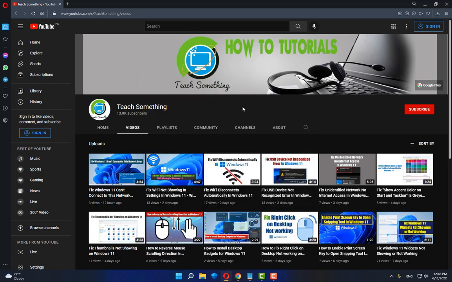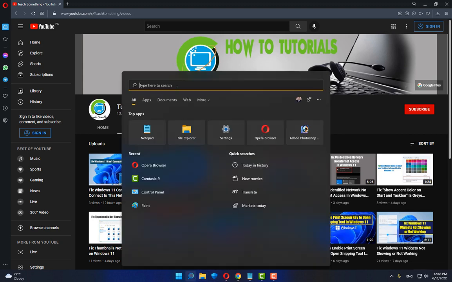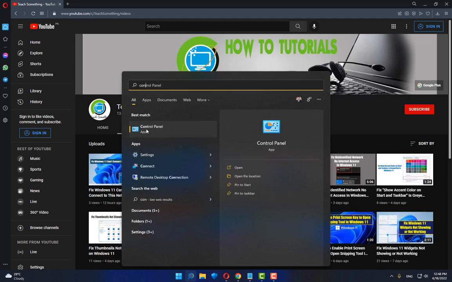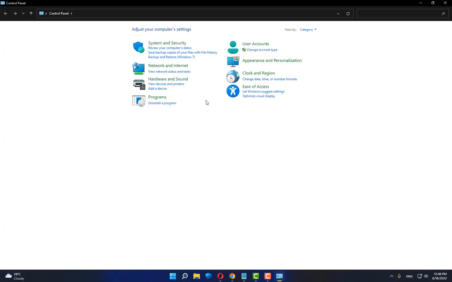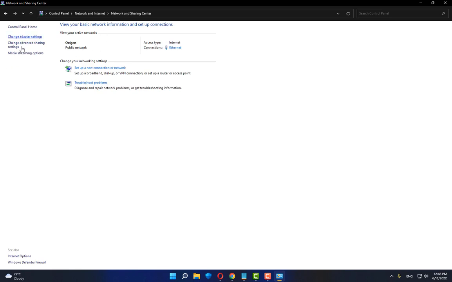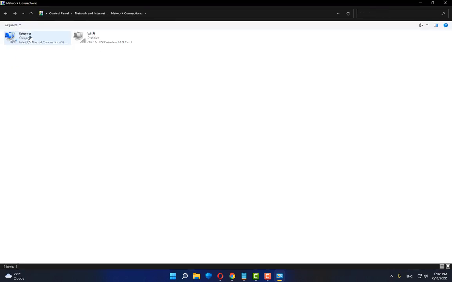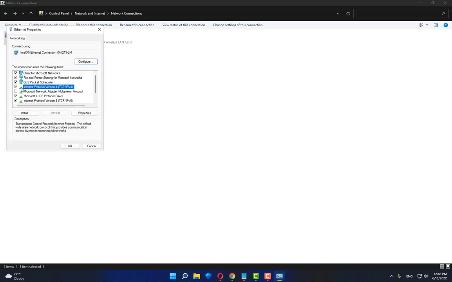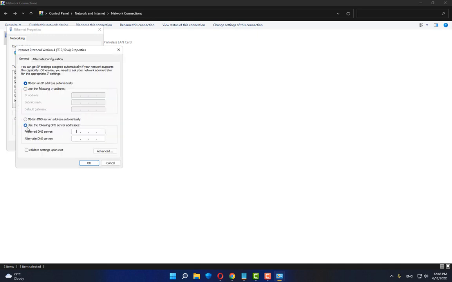But if your problem is still there, then you can try a second method. The second method is that in the search box type control panel, go to your control panel, click on network and internet, click on network and sharing center, click on change adapter settings, select the internet adapter which is used to connect to your internet. Right click, go to properties, click on internet protocol version 4, go to properties, select use the following